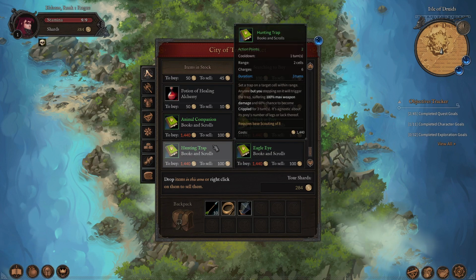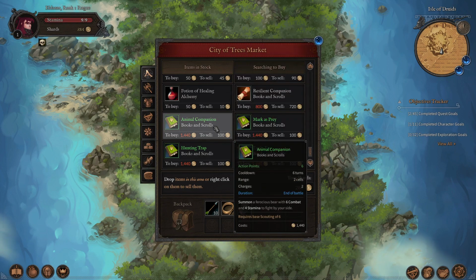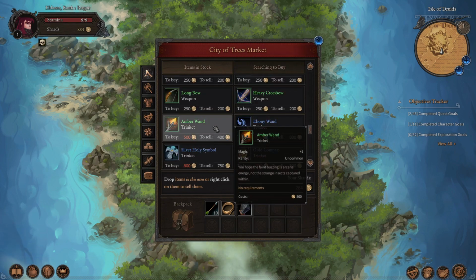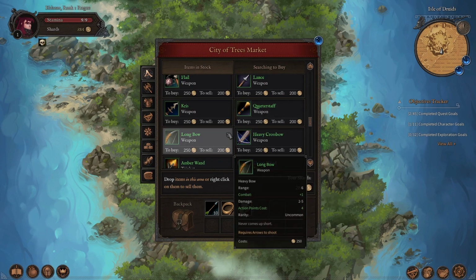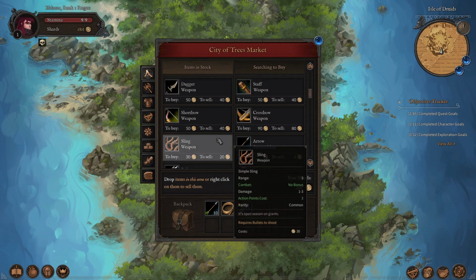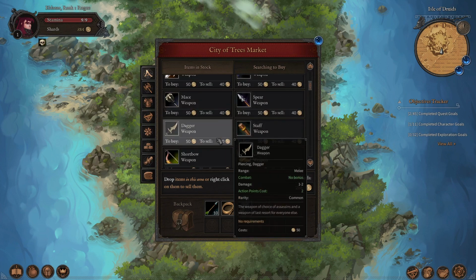And books that give you different skills and stuff. Oh my gosh. I'm not going to look into it yet because we can't afford it. But dang, I should have saved and got the longbow from here. Or, like...